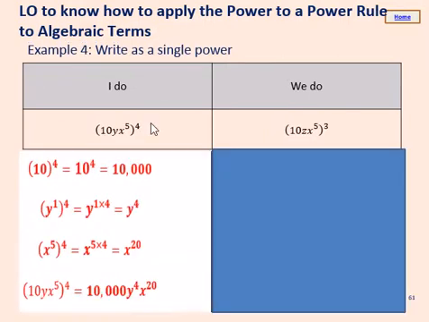Okay, so moving on to a slightly different example and a slightly harder looking example here. We have 10yx to the power 5, all raised to the power of 4. And this may look harder, but it's still just a process that we have to follow. It's not too difficult. We have to apply this power of 4 to the 10 to the y,